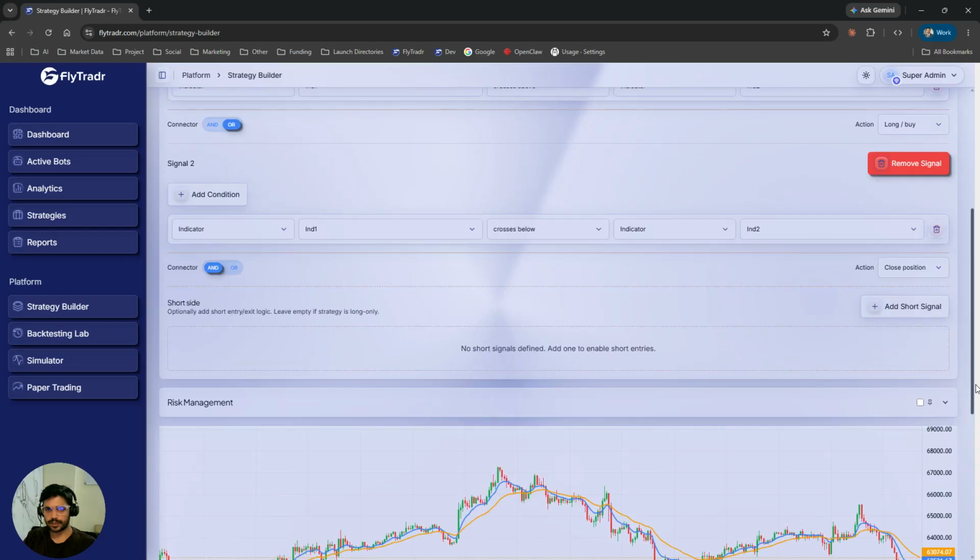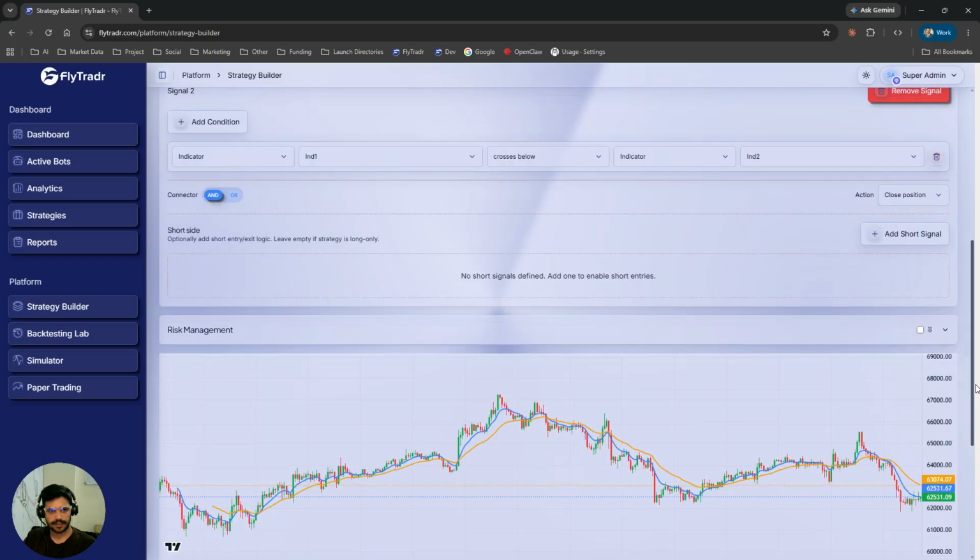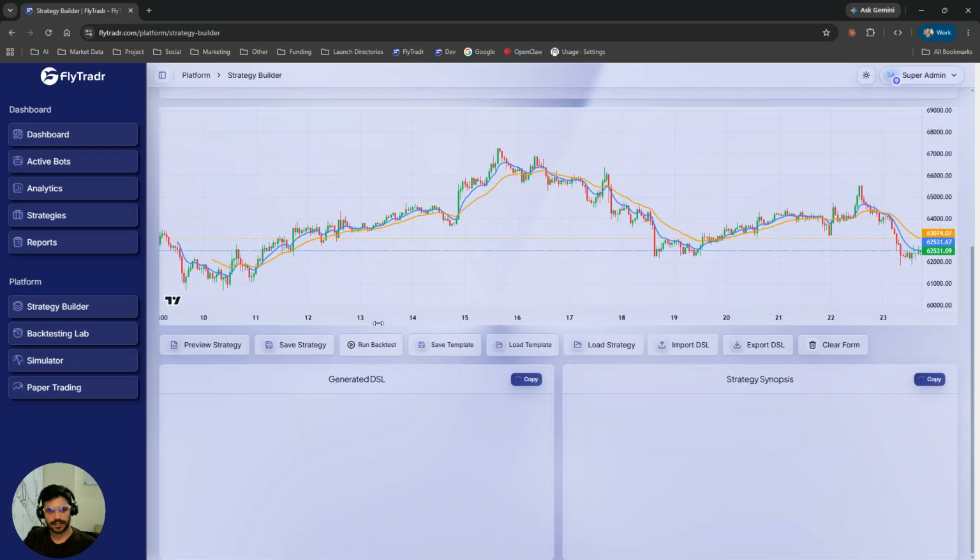Now, both the conditions are in place, both the signals are in place, so we are good to go. Till this point, everything is being covered. We have a fully functional strategy that has indicators, that has entry and exit conditions. So if you use this strategy as it is, it will work, it will produce results, and it can be fully automated. But I would recommend you to go to the next section as well, which is basically